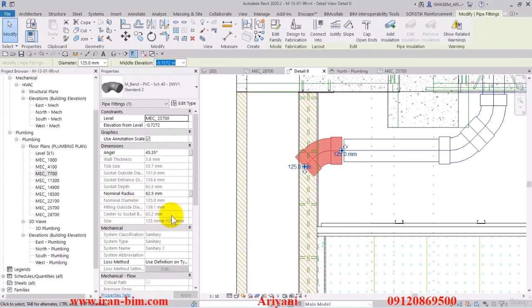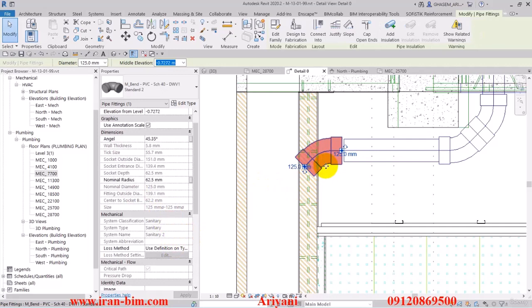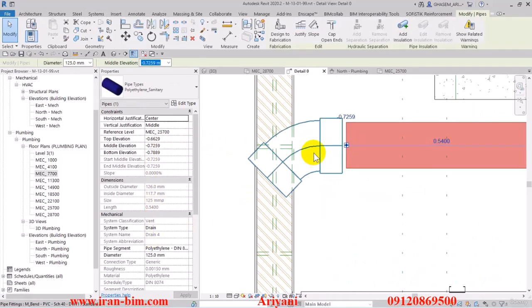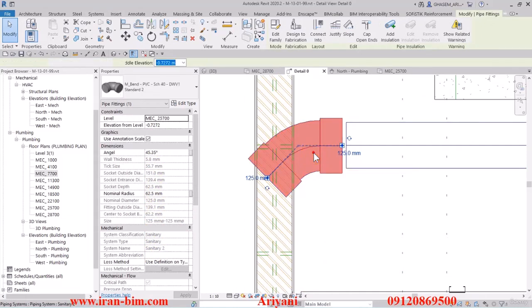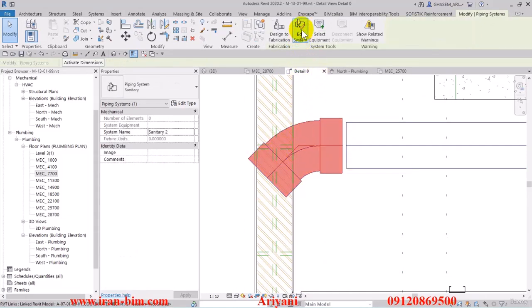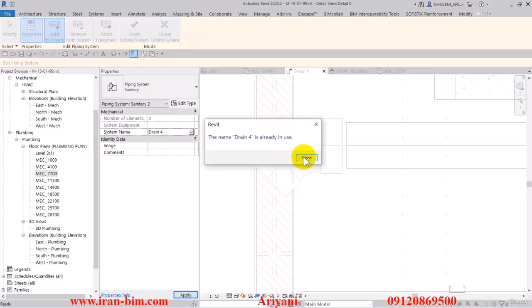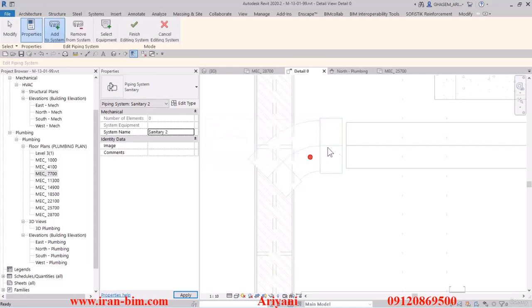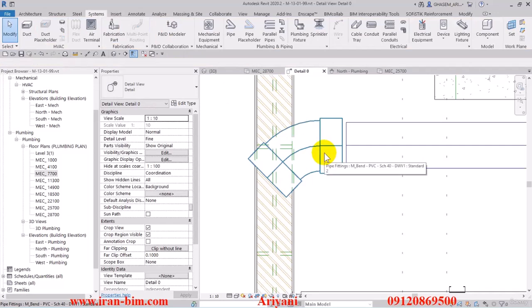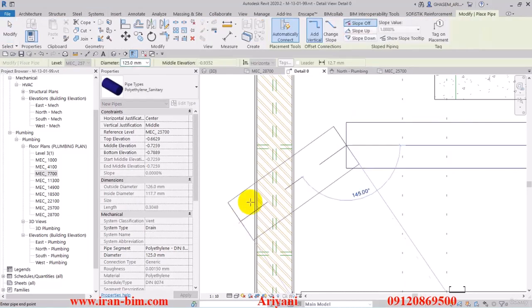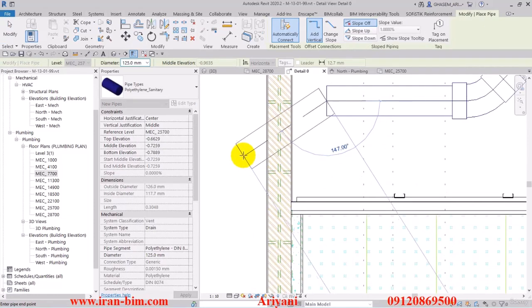Now let's just check to see what type this pipe is. It says drain type 4. So we'll go over here and select the fitting and hit tab. Then select edit system and put the system name on drain 4. It says the name drain 4 is already in use. Now we'll have to specify a name that's recognized by the system. So I'll cancel this and then delete the fitting, and then right click on the pipe and select the draw